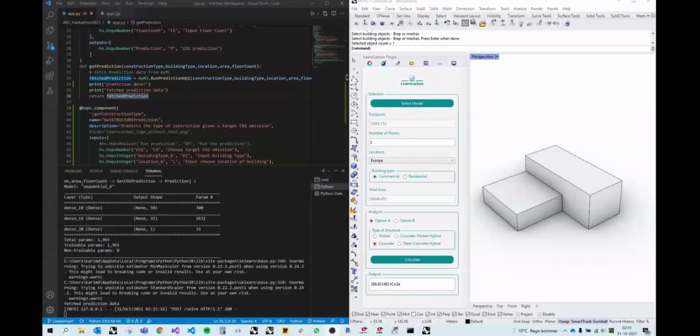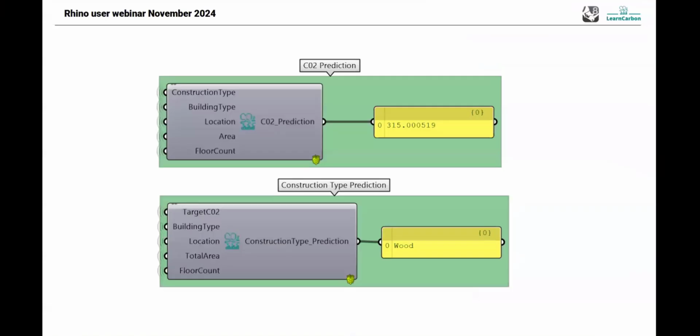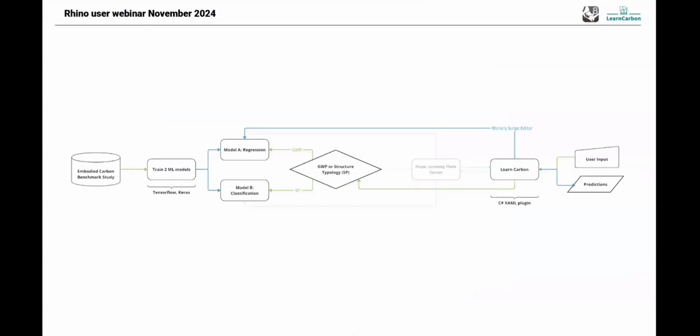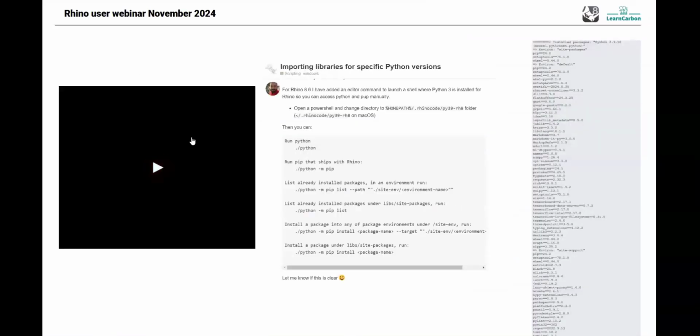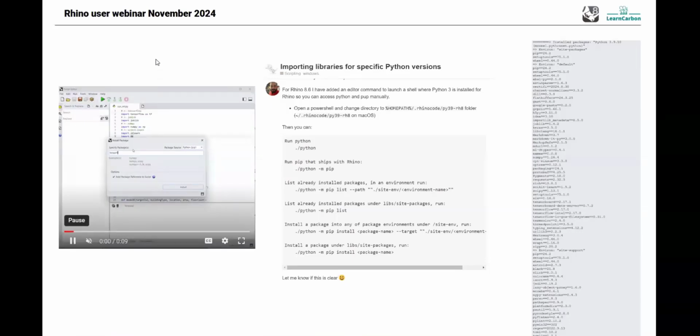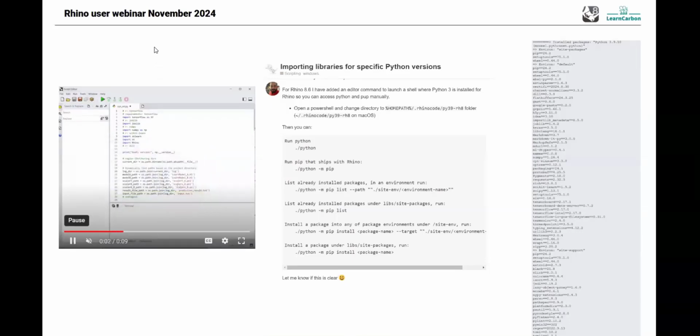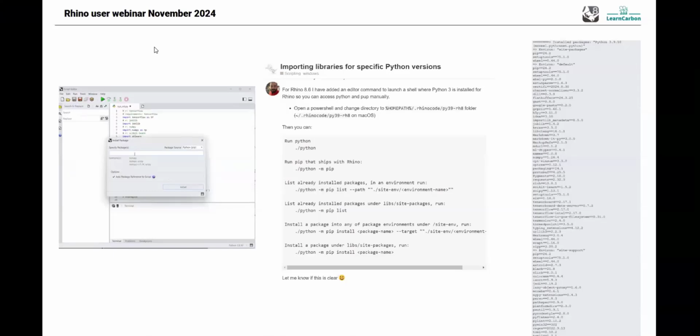And the UI was built in C# with XAML, allowing for user input. There was a Grasshopper file running in the background to connect to Hops. But right now, I will show how the setup is with the Rhino script editor, which lets us basically bypass Hops. So the first step is to install the necessary libraries, which we can either do with the script editor